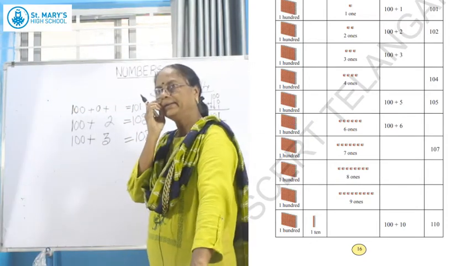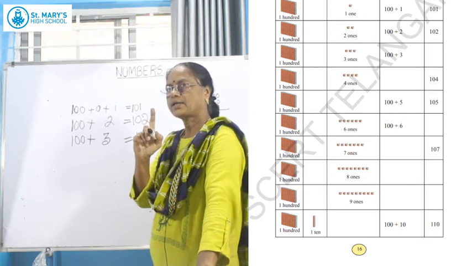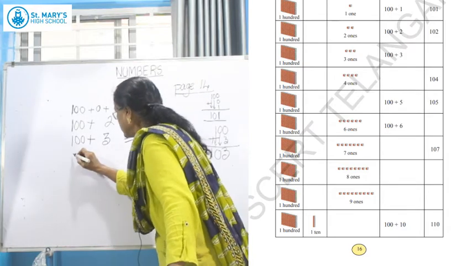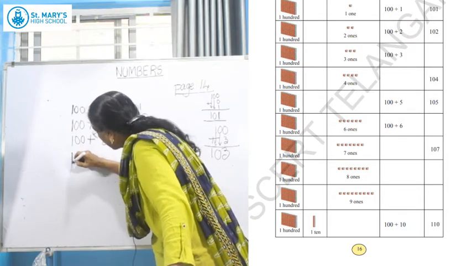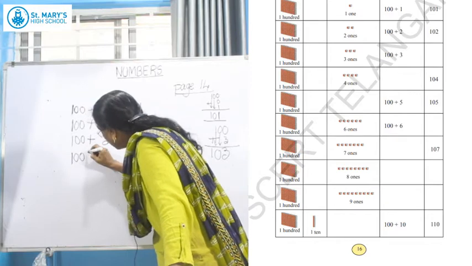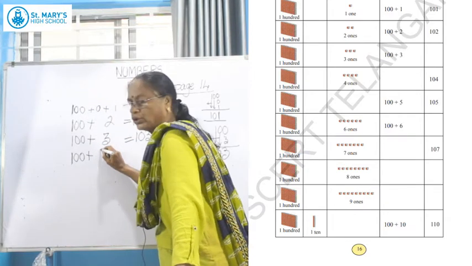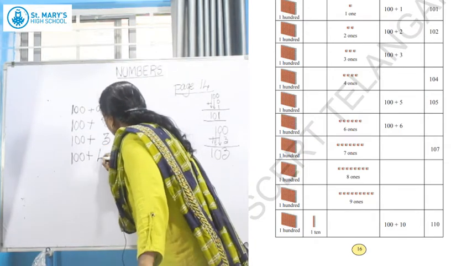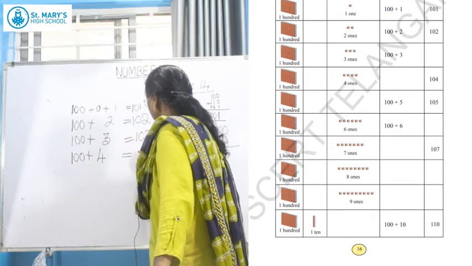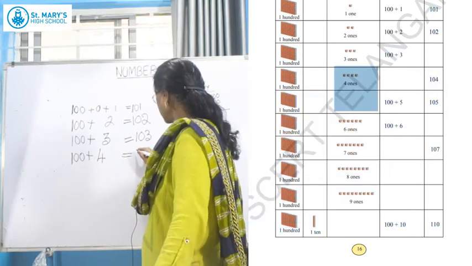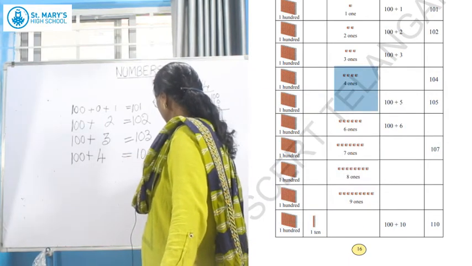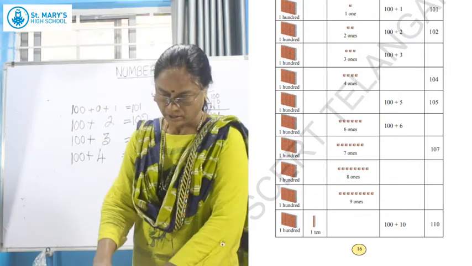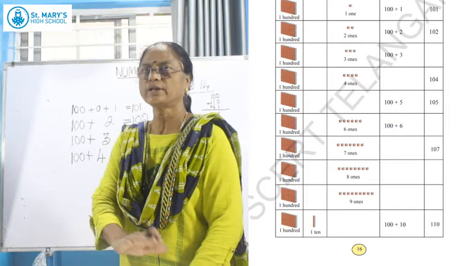So here 100, hundreds, and the middle column is not given. You are supposed to write there 100. Come on, write all of you 100 plus 4. How many ones are there? 4. So what you have to do? You write 4 is equal to, already 104 is given. This you need to write. This already is given. Right? Did you fill it? Shall we go to the next question?